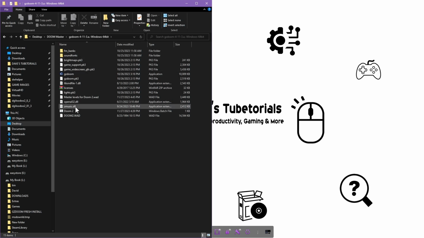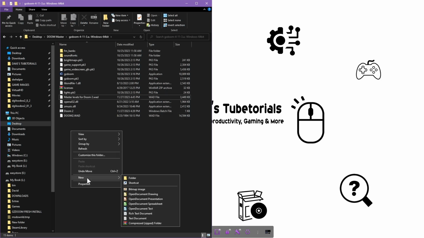Now, what you want to do to make this super easy for you, you can go ahead and launch by doing the old-fashioned way where you can take the WAD, and then also the WAD that we just created and drag and drop that in there. But I like making stuff easy, so the easiest thing you could do is just right click on your computer,